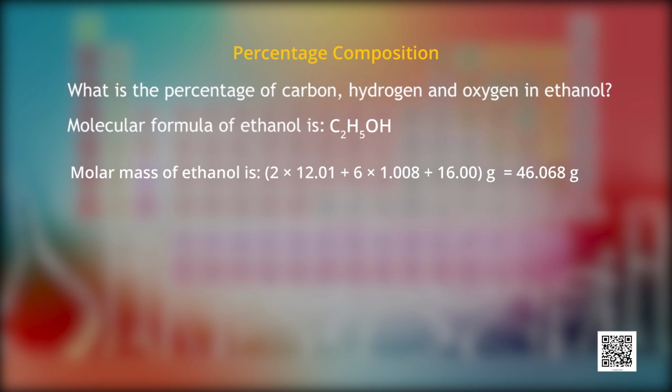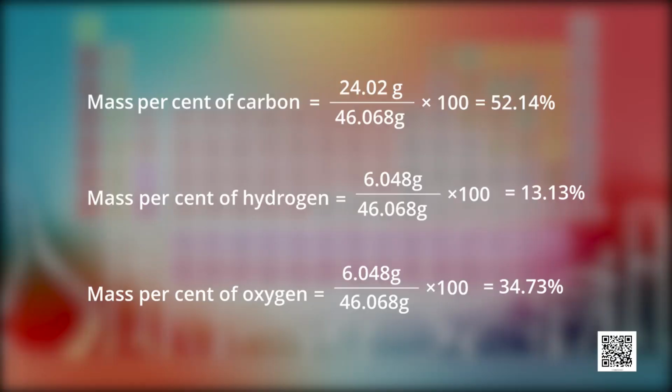First, we will calculate the molar mass of the ethanol. We know that molecular formula of the ethanol is C2H5OH. Molar mass of the ethanol is 2 into 12.01 plus 6 into 1.008 plus 16 gram. It is equal to 46.068 gram. Now for calculating the mass percent of carbon, first we will write the mass of the carbon upon total mass of the compound multiplied by 100